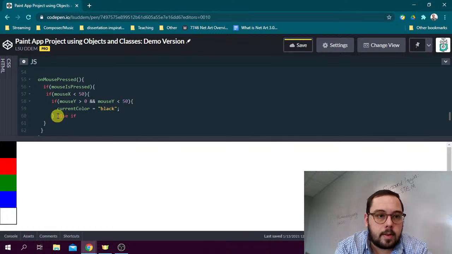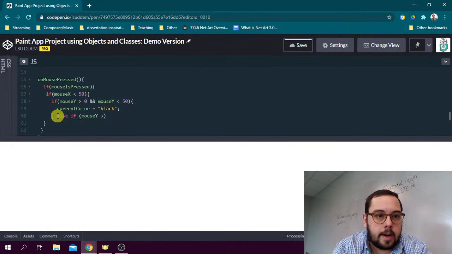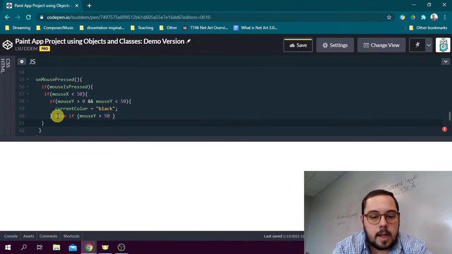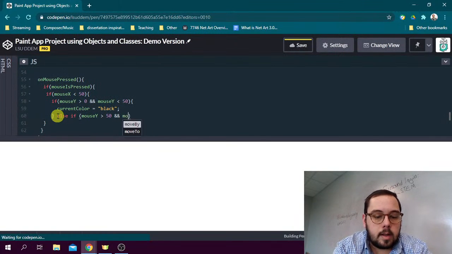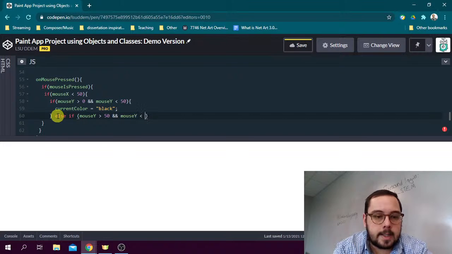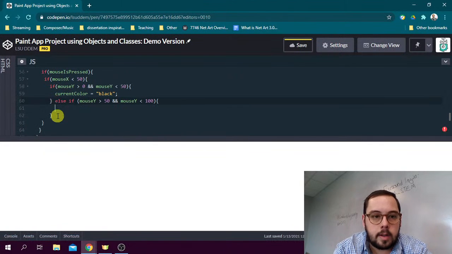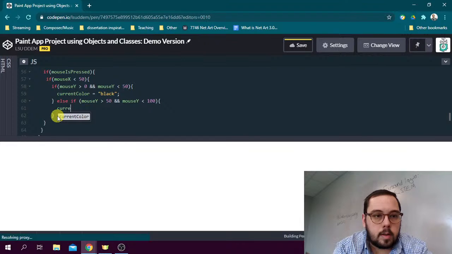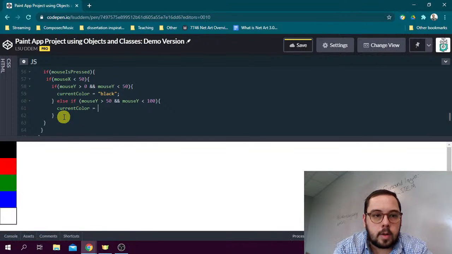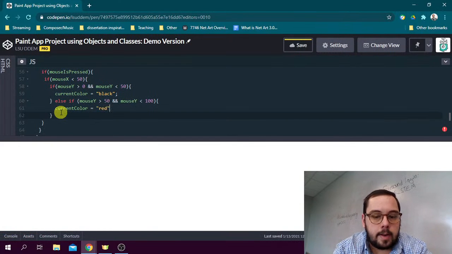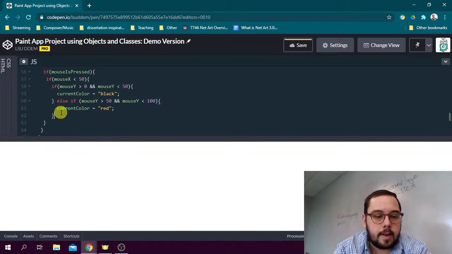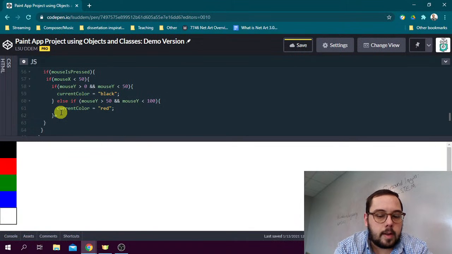Else if mouseY is greater than 50 and mouseY is less than 100, currentColor is going to be assigned. We have black, then we have red. Else if